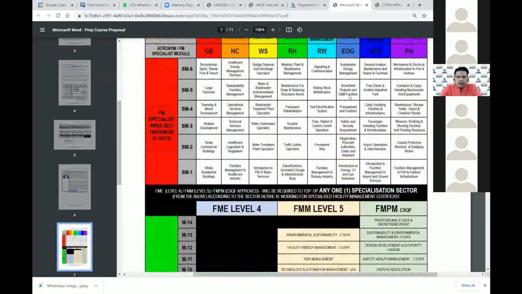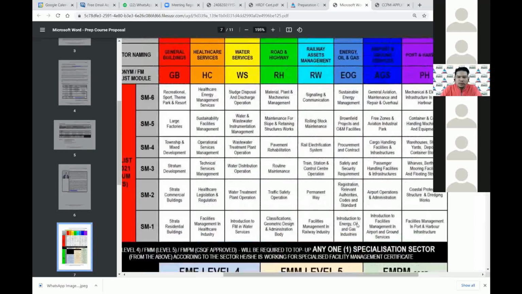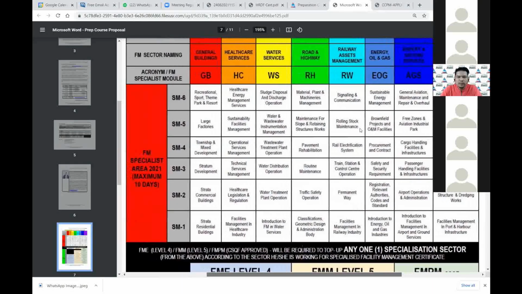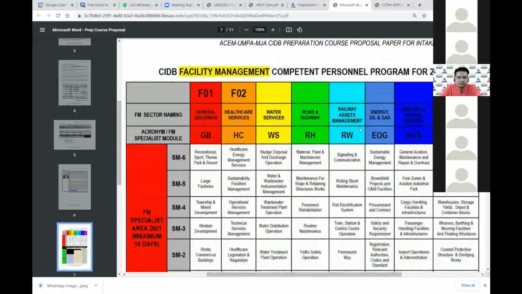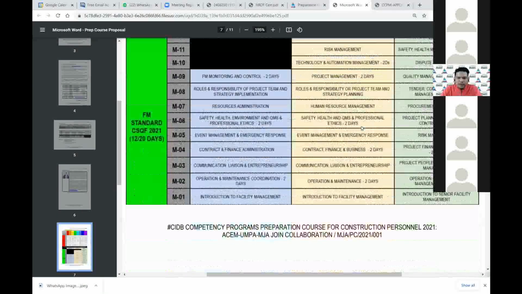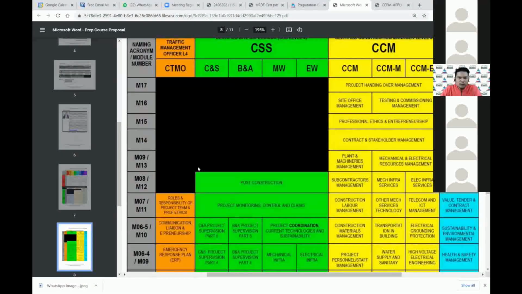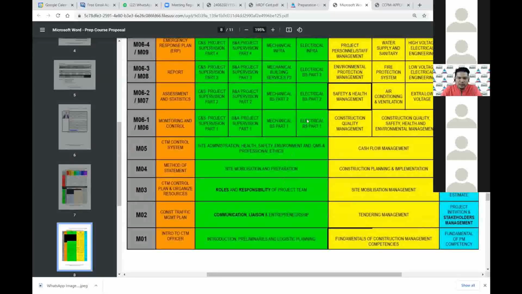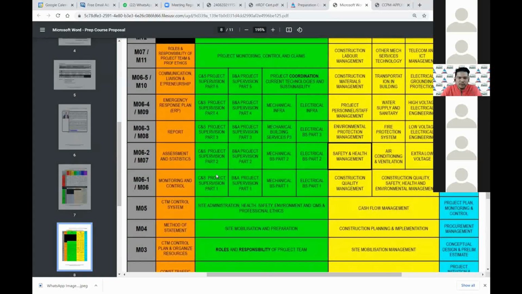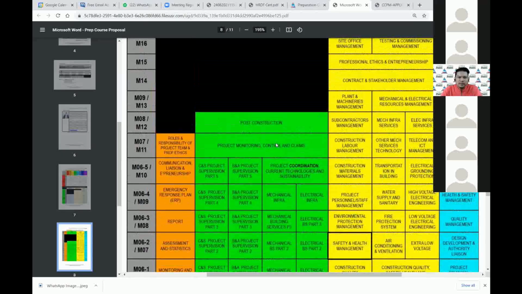And this is all the topics that we need to cover for FM specialists. If you come from FM backgrounds, these are the topics. And for construction, we have CTMO, up to 7 modules. CSS, we have common modules and specific modules which are split between M6 up to M6-5. Then we have M7 and M8.